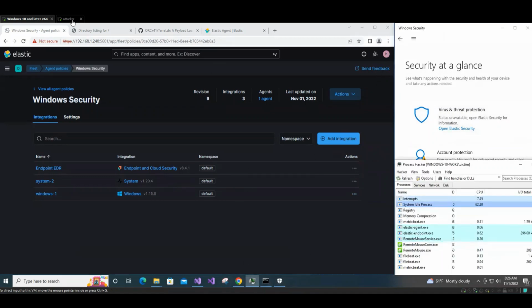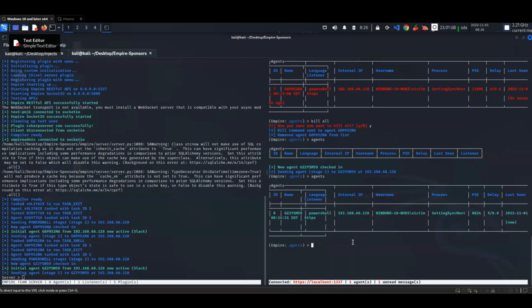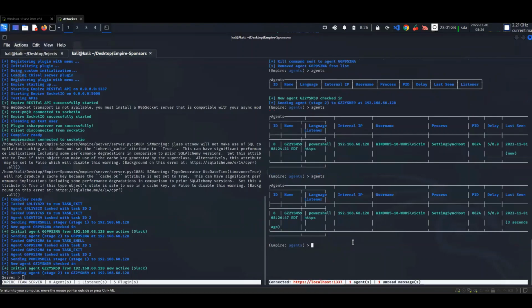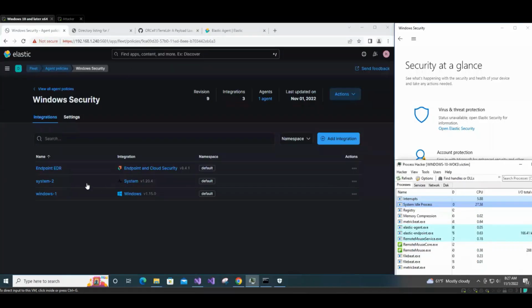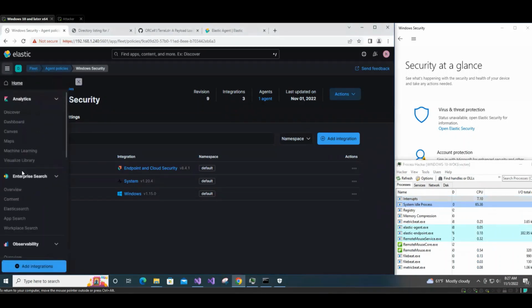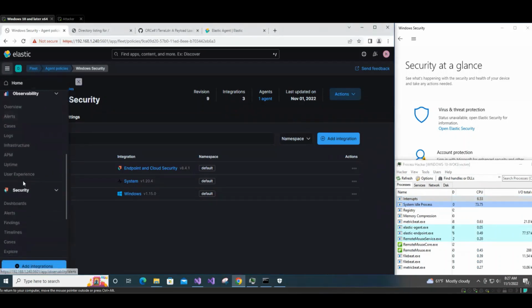And let's go back and see if the agent is still in the queue, and it is, it's still there. So nothing's died just yet. You can see that the process is settings sync host, which is actually quite interesting. So let's take a look at Elastic, and if you are aggregating tens of thousands, millions of logs, it can